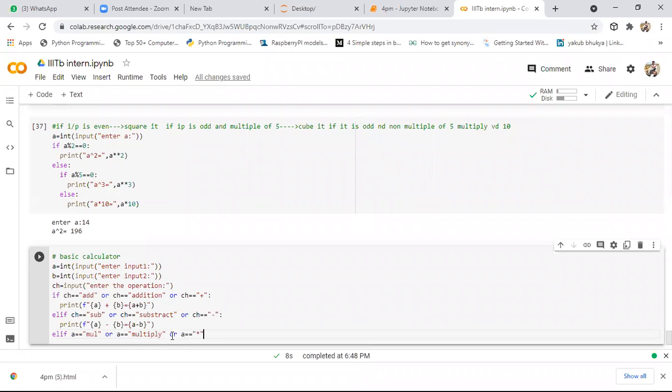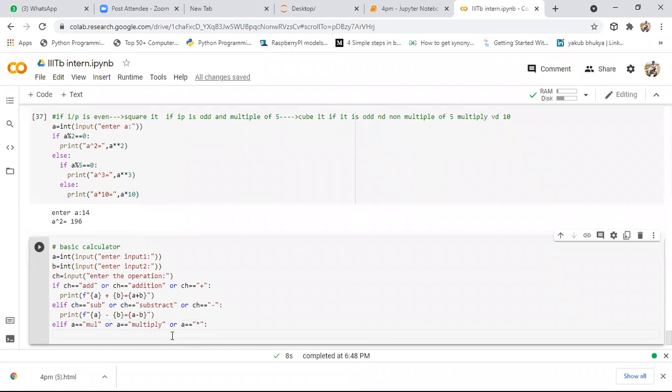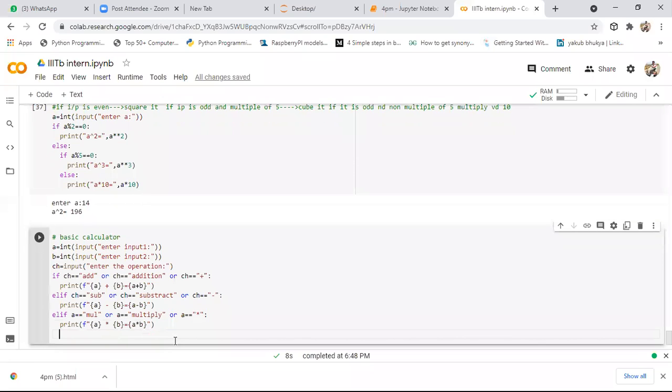If you specify any of these things, here you need to get an output like, sorry, I'll copy the same thing. And here I'll modify this symbol. See guys, I'll perform with these three operations only. Okay, you can add the power operation as well as you can add the division operations as well if it is required or if you want to check it.